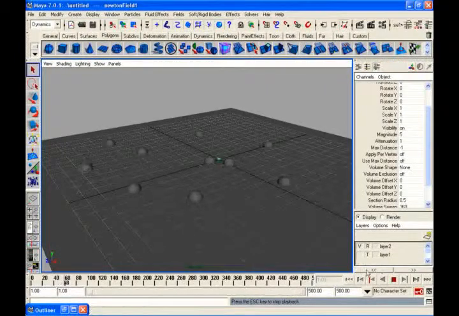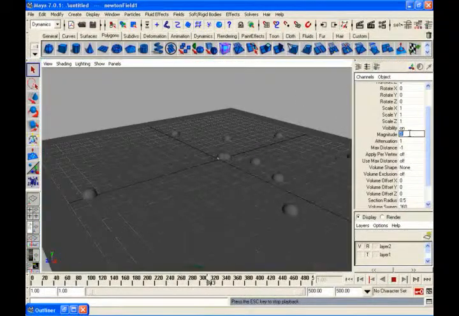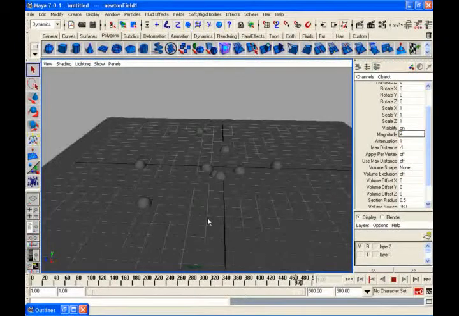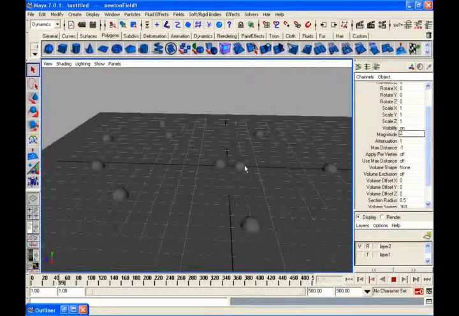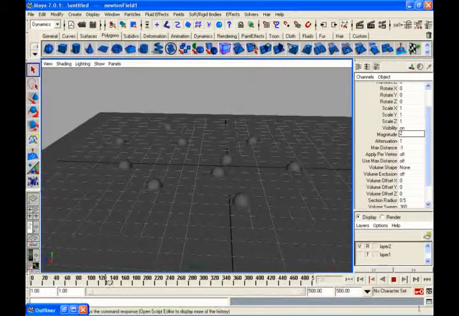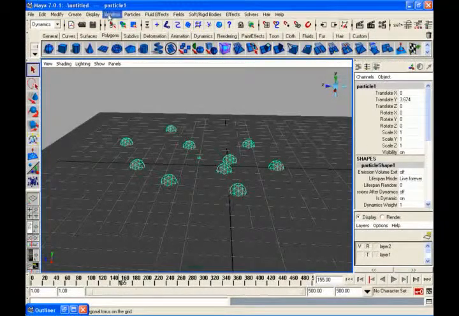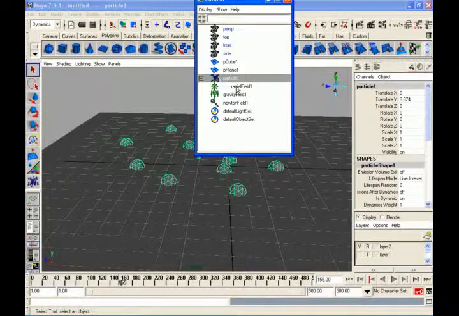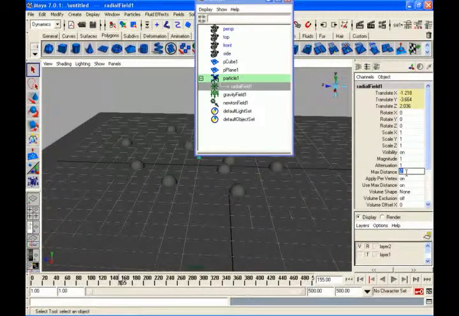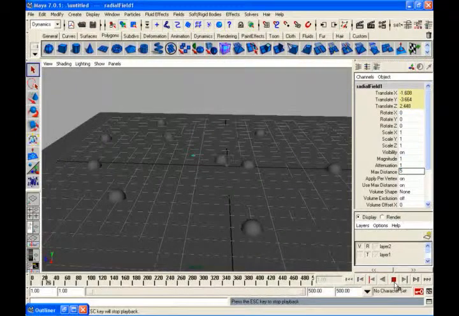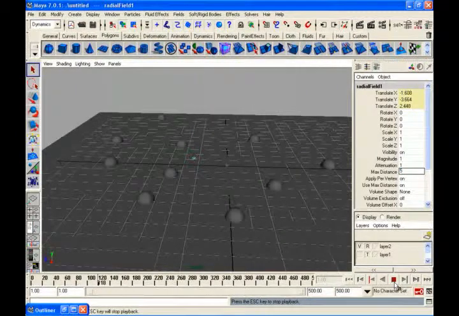Actually they are avoiding each other, or else you can just go to your radial field once again and increase the max distance, like 5 distance. Around that 5 radius they are going to avoid each other, if you give 5. See, now what is happening, they are avoiding each other within 5 units, and they will go outside one day. That's a different issue, so we can create barriers also and collide. Once again they will be staying in that arena only.